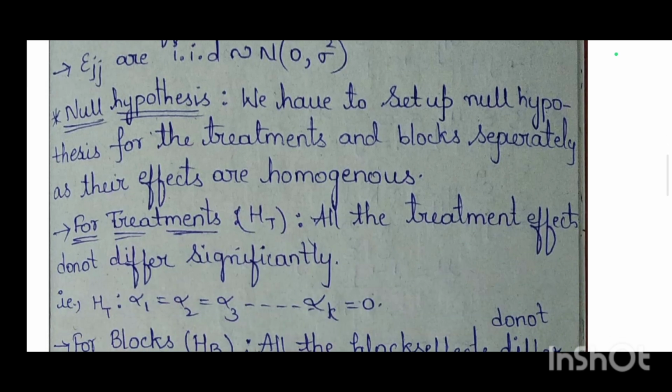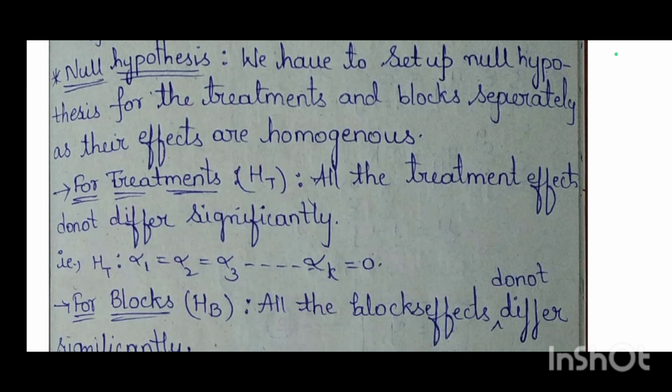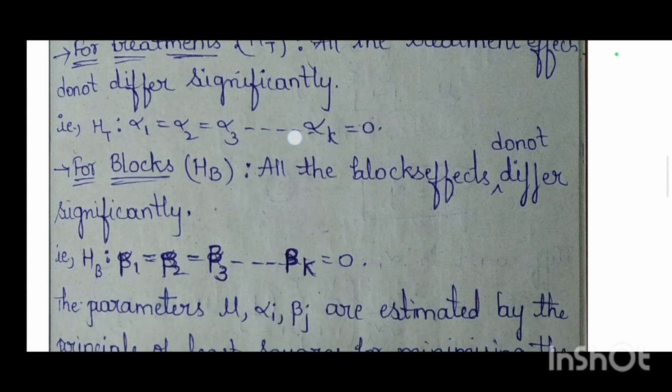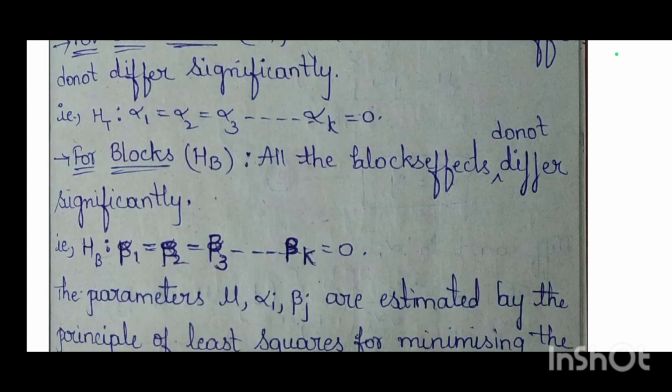Null hypothesis. We have to set up the null hypothesis for the treatments and blocks separately, as their effects are homogeneous. For treatments we write H0: alpha 1 equals alpha 2 equals alpha 3 and so on, alpha k equals 0. For blocks, all the block effects, that is beta 1, beta 2, beta 3 and so on, beta n